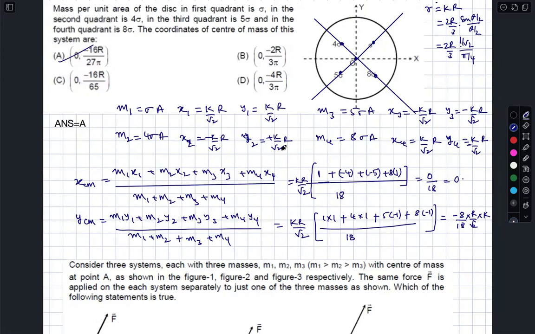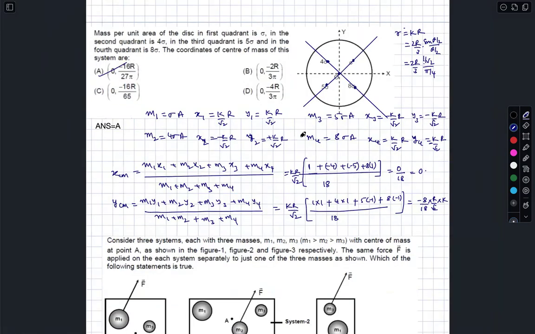So the concept is how to identify the locations of individual centers of mass. That's all. Here I'm getting repeated disturbances, I don't know the reason, maybe from my end only, net is not clear. So I'll just stop the class over here. You keep working on the assignment questions and